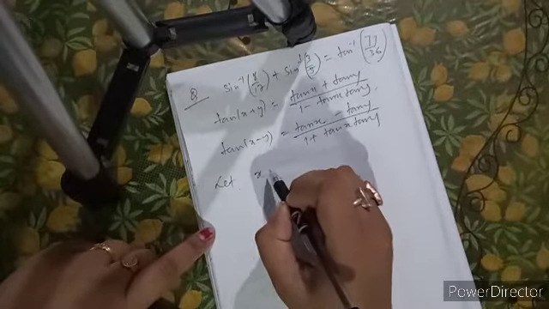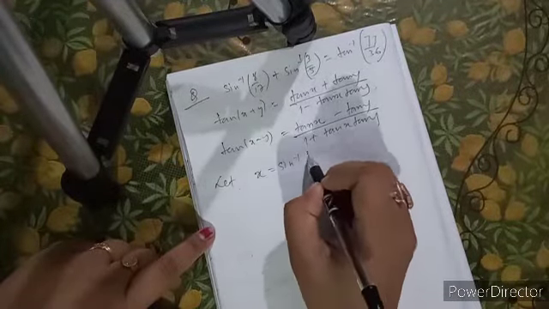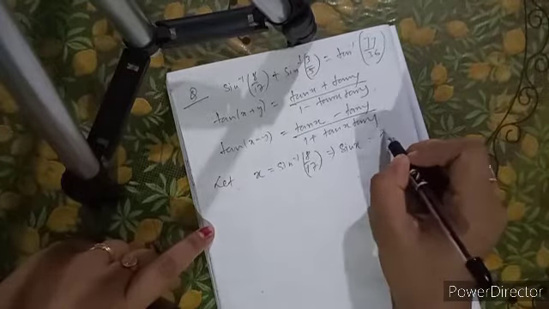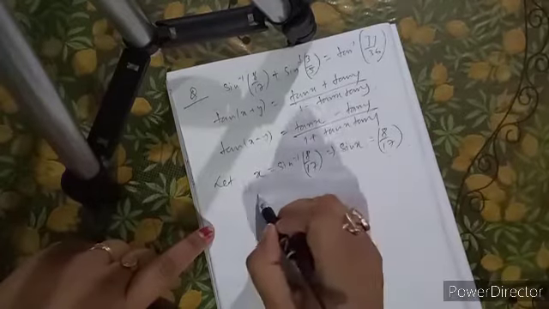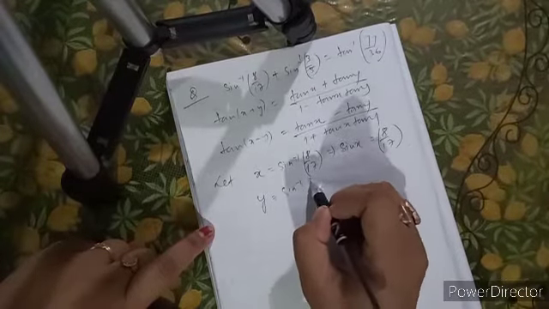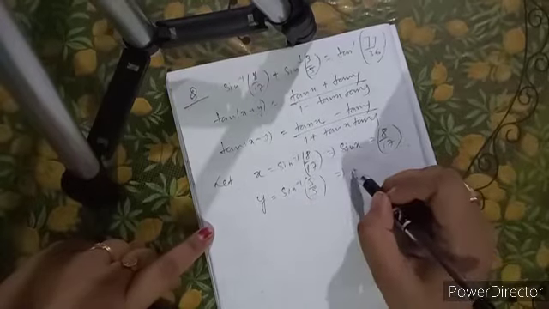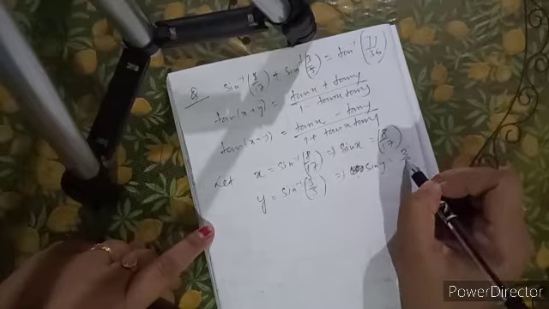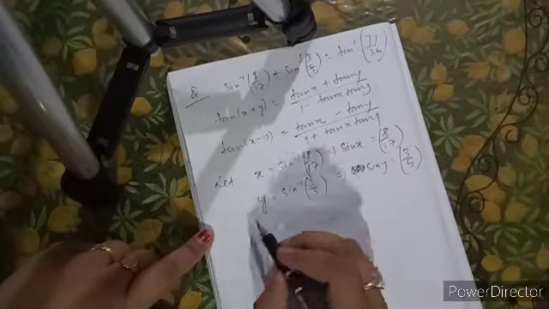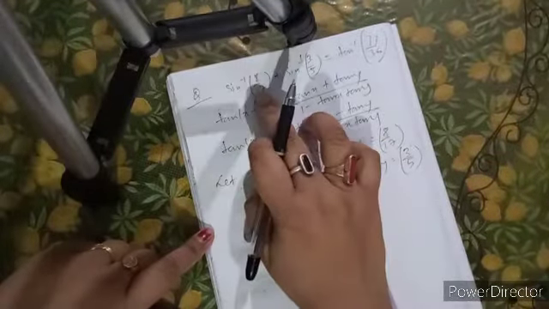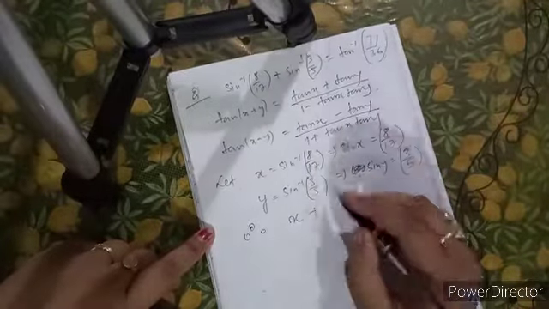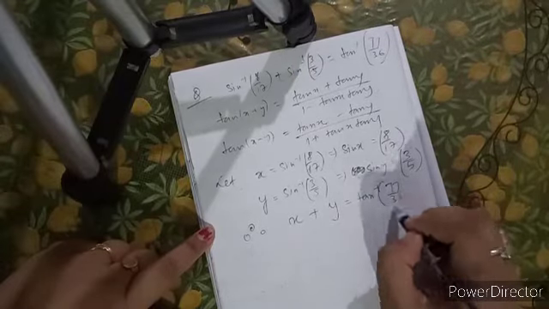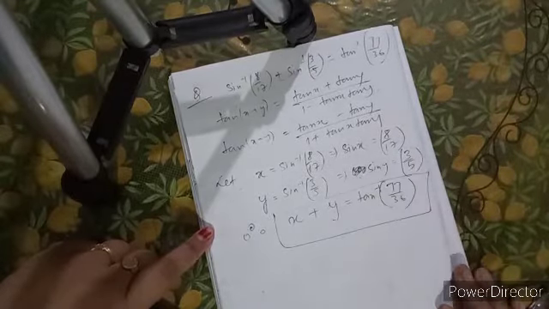So here we will write let x equal to sine inverse 8 by 17, that is sine x value will be 8 by 17, and y we will take sine inverse 3 by 5, that is sine y will be equal to 3 by 5. Is not it? Therefore what we have to prove, in place of this we will take x, in place of this we are taking y, that should come as equal to this value, is not it? So this is our proof to be done.